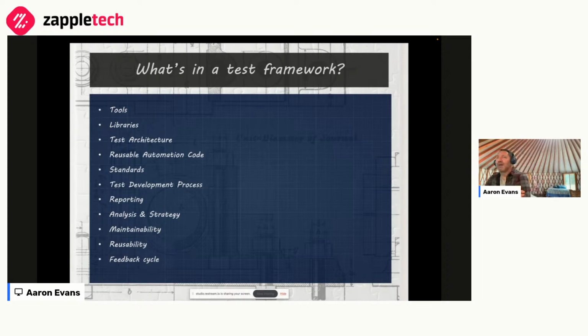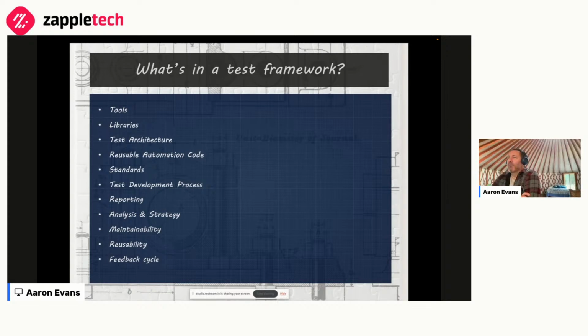One of the banes of test automation is false positives or false failures, areas where, in short, your test is to blame. Your test is wrong about whether or not the system is working correctly. This could be because of a mistake in the automation. It could be because of a change in your functionality. It could be because the way you're automating something or the way your environment's set up introduces flakiness in your tests. How you can analyze that is an important part of what your test framework can or cannot do.